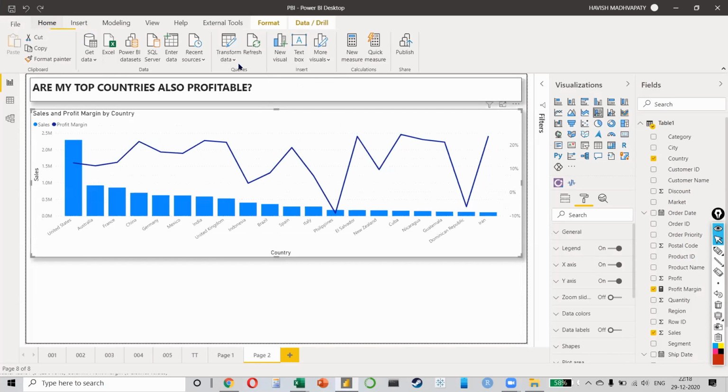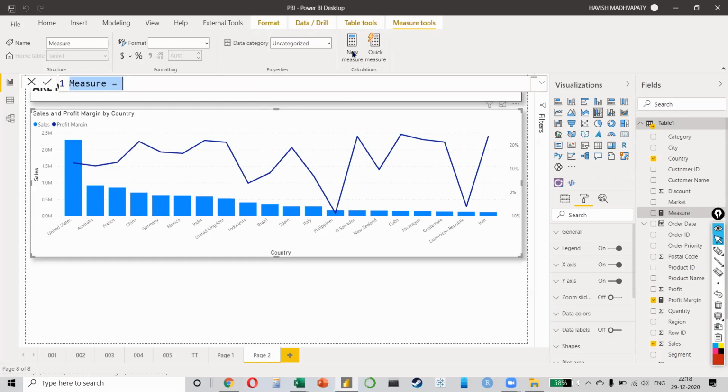Please click on new measure. Everyone, please click on new measure. And this is the simplest formula. This is my 0% line. And what should be my 0% line? It should be 0%. So I literally write 0. My 0% line is nothing but 0, right?